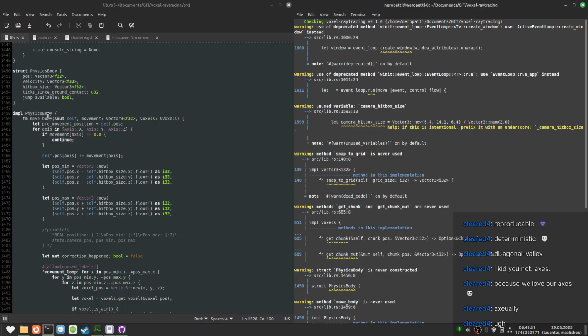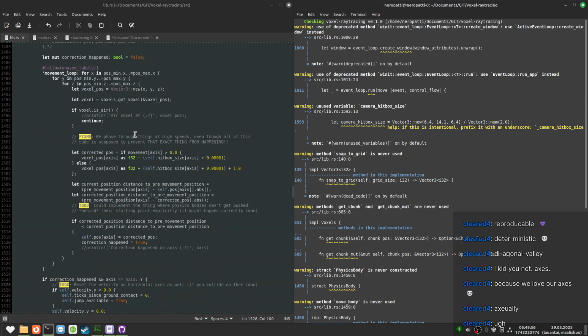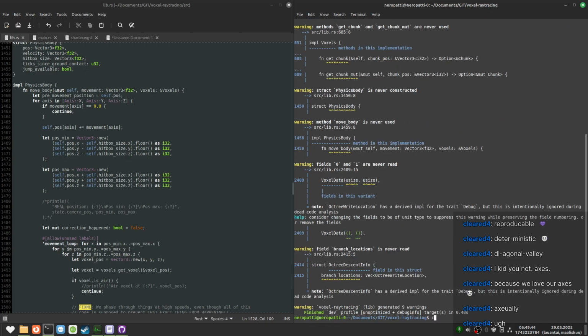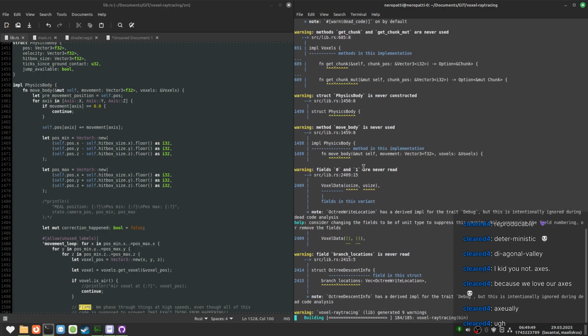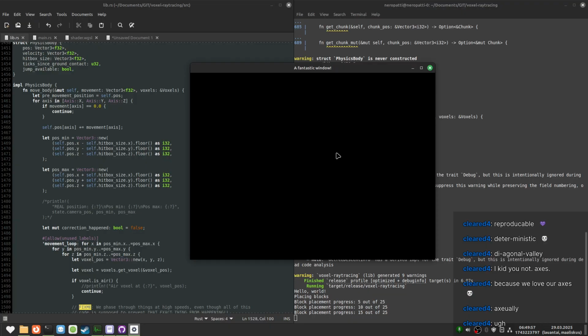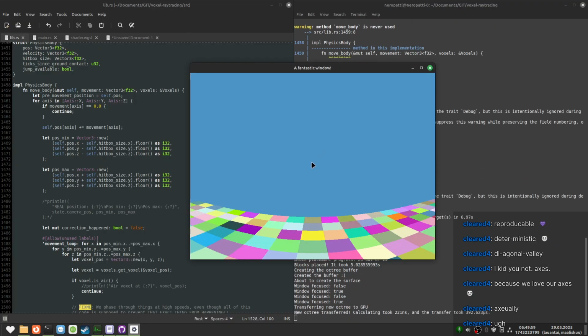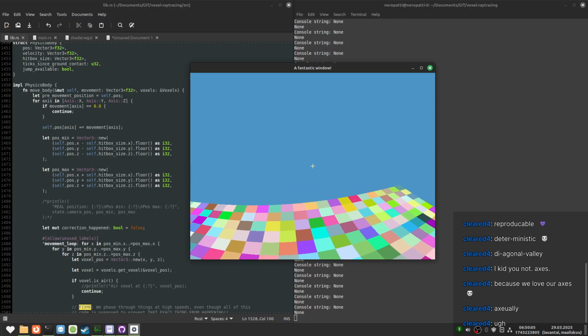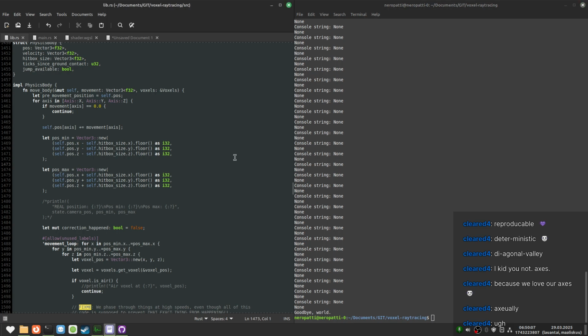Wait, what do you mean that the thing is supposed to work? Huh? I was in the middle of coding. Why does it work? I mean, I now need to call the function still. Let's actually see what happens if I run the code. It's most likely I can no-clip, but I can't move physically. I'm not constructing the physics body anywhere. Yeah, we can no clip, and then if we try to not no clip, then we just can't move. Yep.